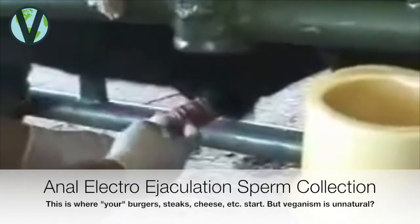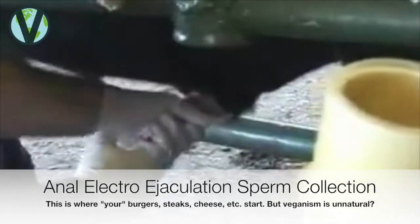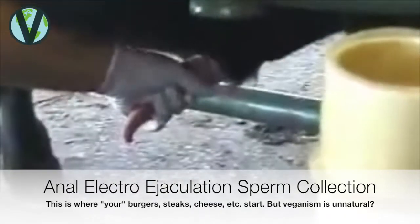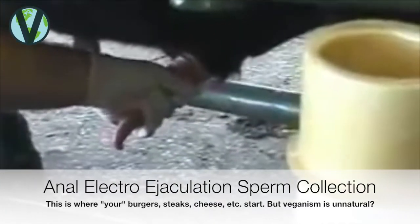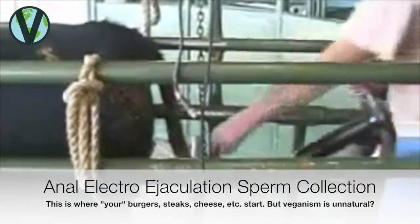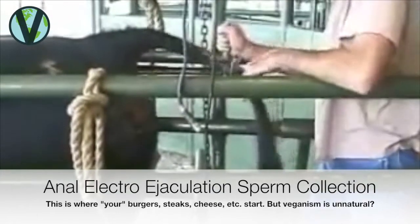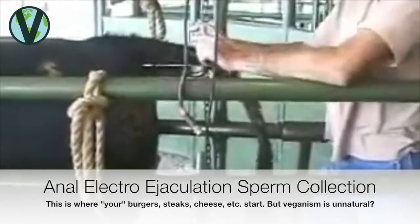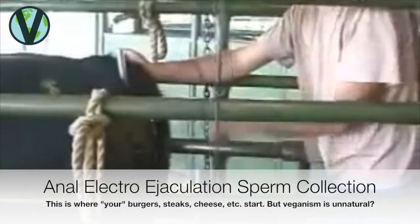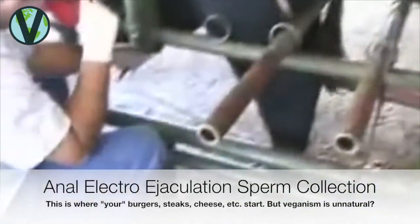Once the gauze is in place, we can then manually hold the bull, get the free end of the penis, from which you can see the glans penis now on the end, and we'll insert the rectal probe again with those metal bars downward on top of the pelvic muscles, which are just below the rectum itself. So once the probe is in place, we hook up the device which will supply the current to the probe,